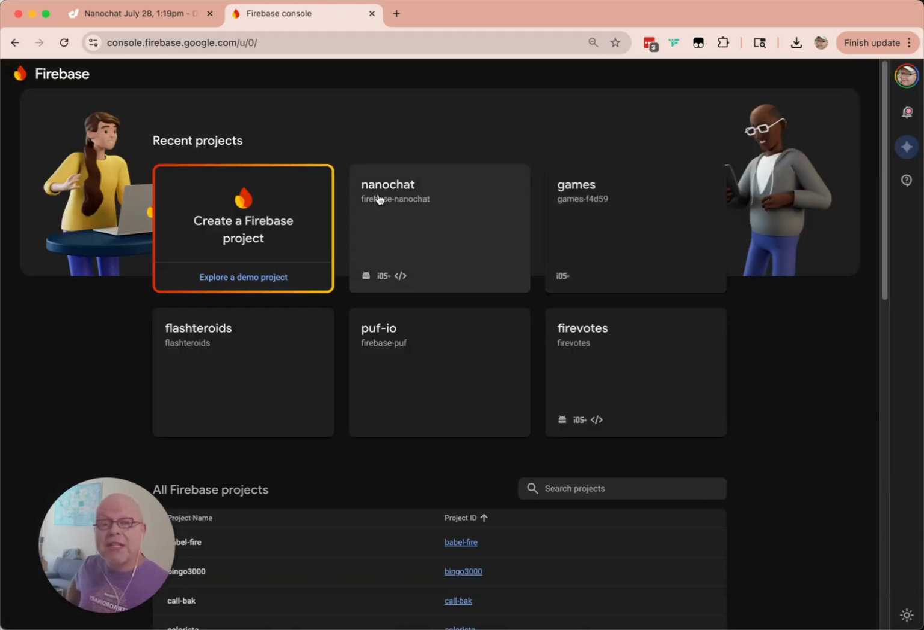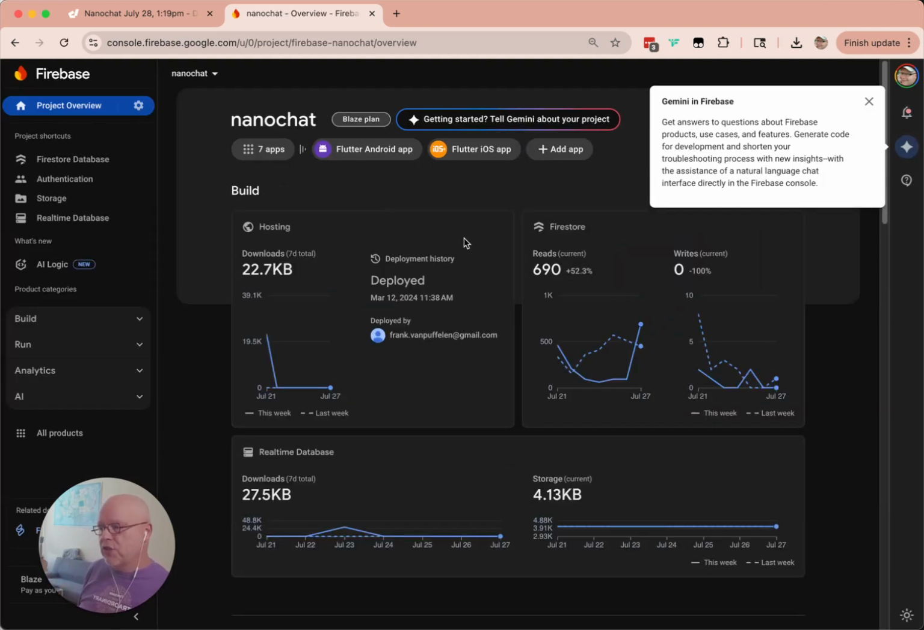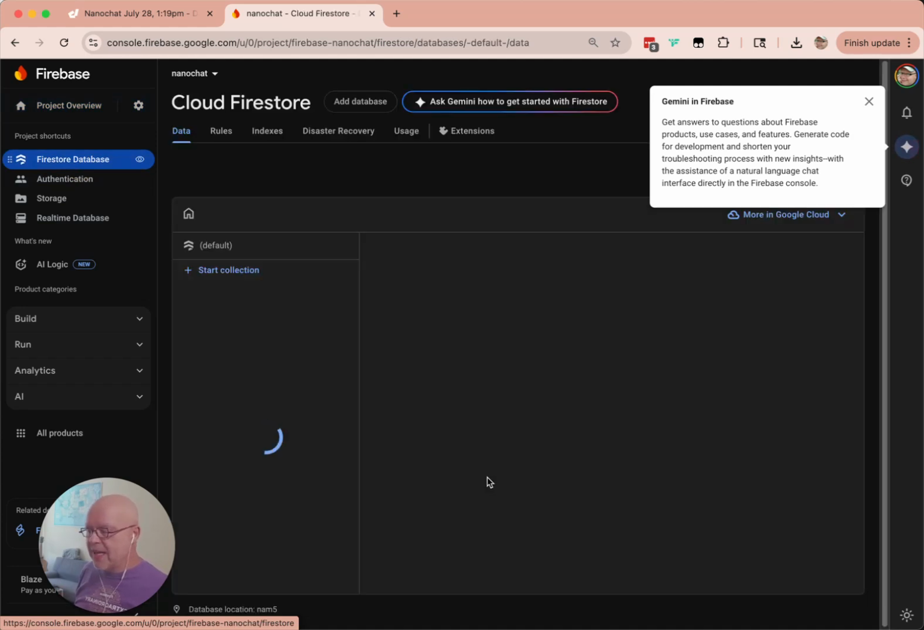Projects. I'm going to use a project that I've already created called NanoChat, and I quickly just want to show you what we're going to store the data in. I'm going to use two products here: the Firestore database and Authentication. Not a lot that we need to know about Authentication, but in this Firestore database, I have a few collections,